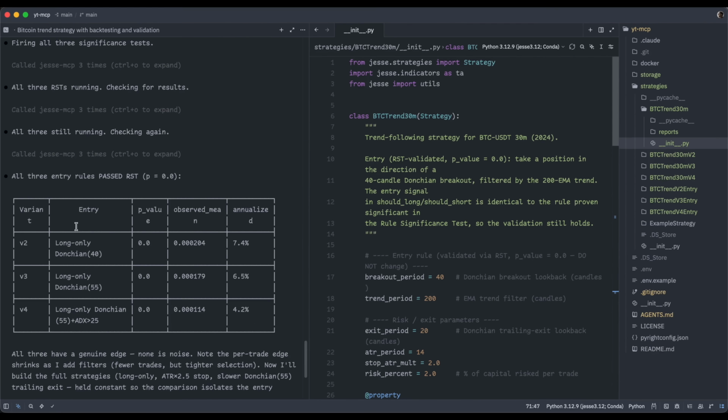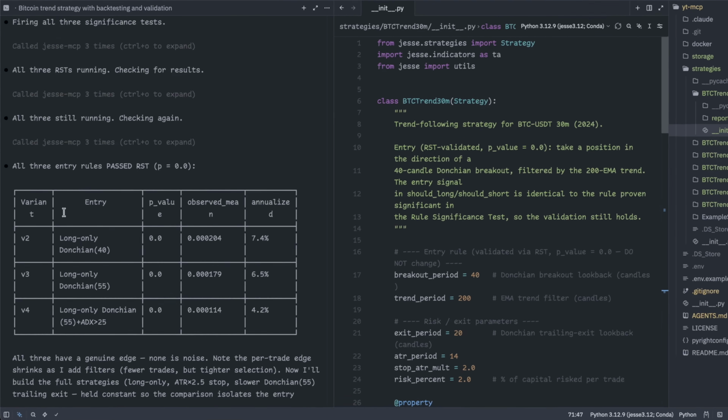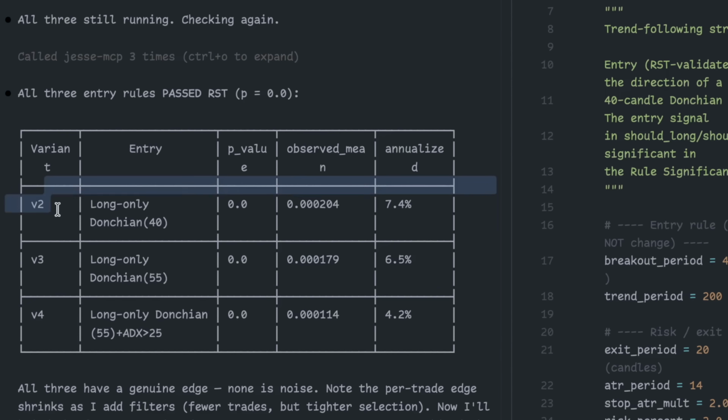All right, let's take a look at what the agent did so far. It looks like it defined 3 variants. It's calling them V2, V3, and V4. Next, it is also comparing the results of their RST test, which again is the rule significance test, and all of them are passing. Now, by the way, if you take a look at this value here, you can see the annualized returns of them are different, but I wouldn't necessarily say that one is better than the other